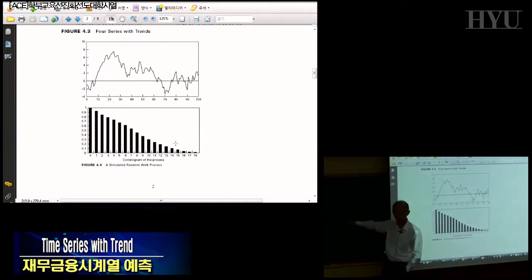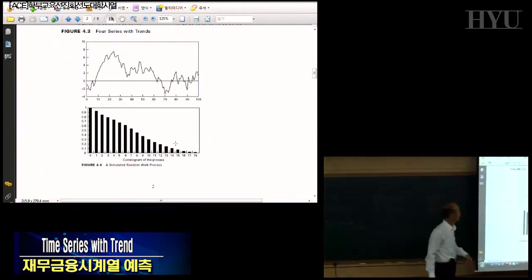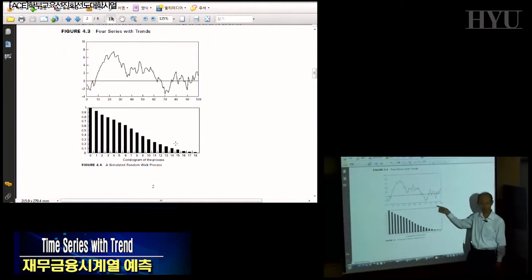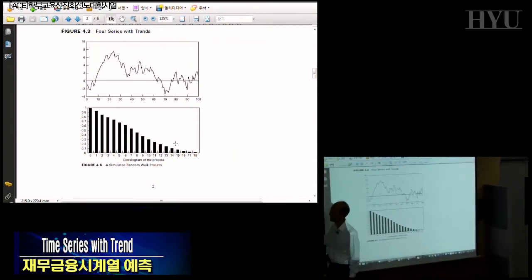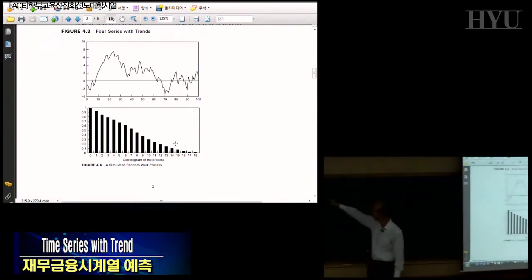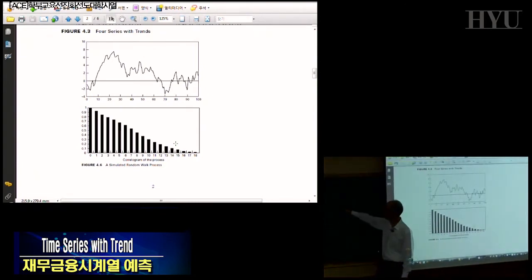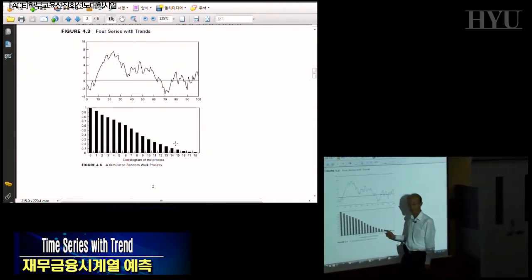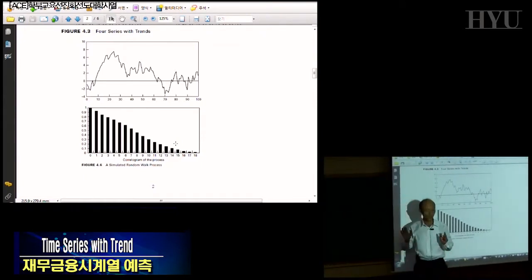If this is really generated from a random walk process, this coefficient has to be flat at 1. But because we are dealing with a small sample, even though this is the true data generating process, if you fit the model in this way, this number may turn out to be, let's say, 0.91, less than 1. Then you might see this type of pattern, and mistakenly think that the data is generated from this process. So that's why we need